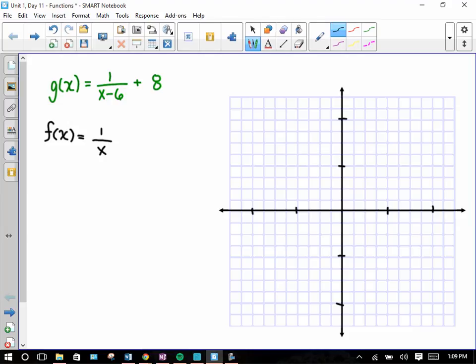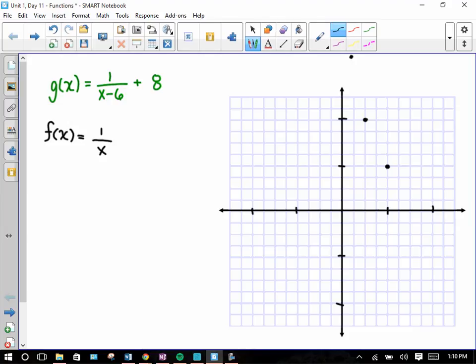Alright, I know if I put in 2 here, it's going to be 1/2. If I put in 3, 1/3, 4, 1/4. So I'm going to put in 1. When I put x equals 1 in there, it gives me 1. When I put x equals 1/2 in there, it's going to give me 2. When I put x equals 1/4 in there, it's going to give me 4, so it's going to be